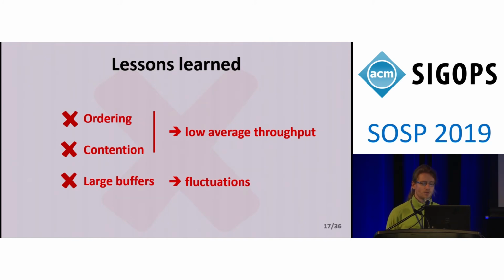Existing key-value stores also use large buffers to amortize the cost of updating the structure on disk. They delay operations to the main data structure to amortize that cost. And these delays, this buffering, cause performance fluctuations.